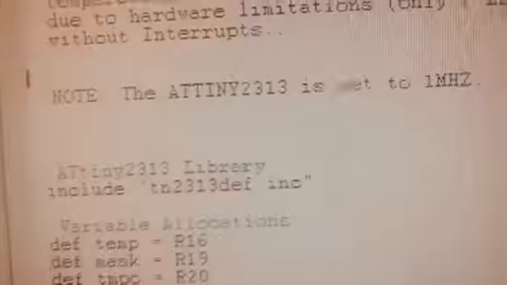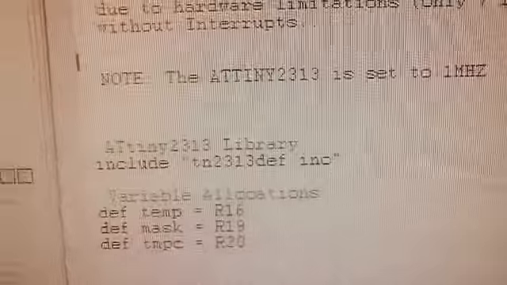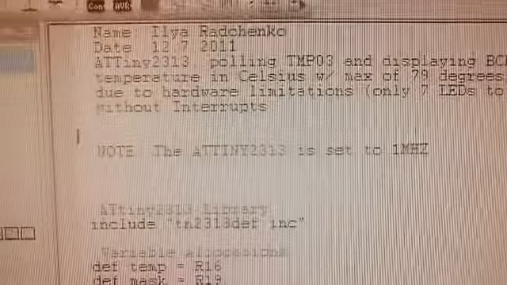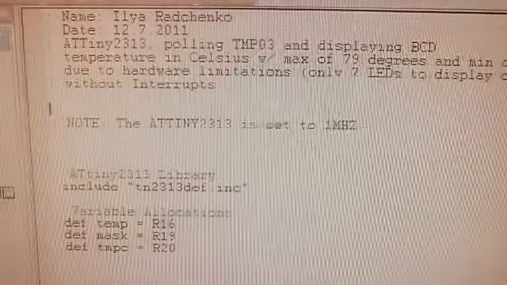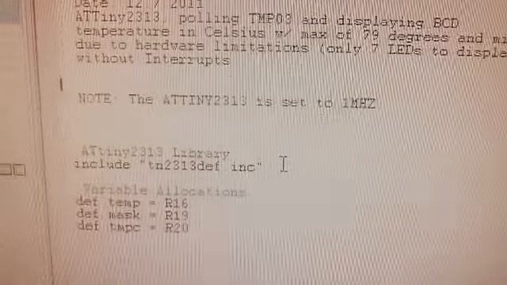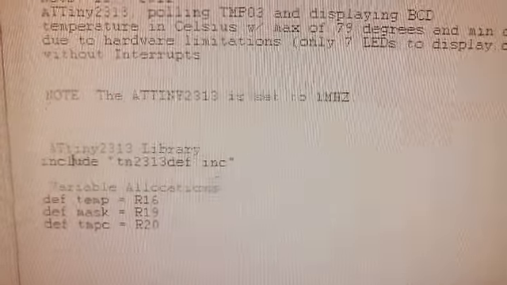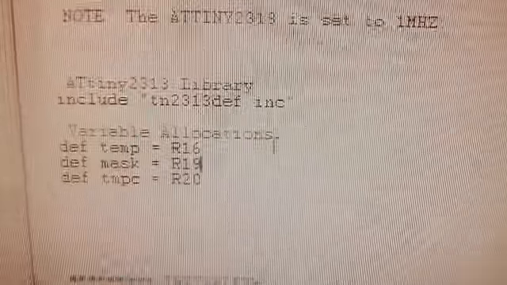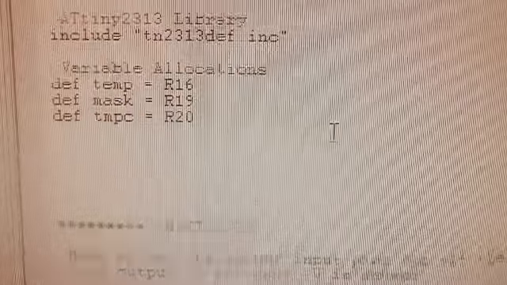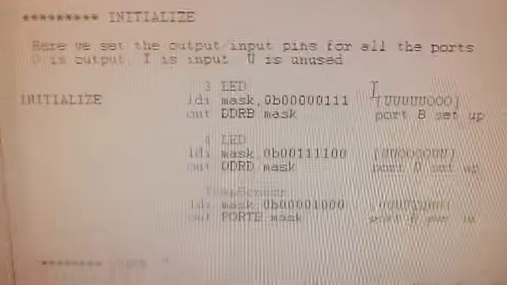Basically, this is the program, and that's where it starts. We include the ATTiny library, and we allocate the different variables that we're using in the program, because we're only going to use 3. Basically, we start as we initialize